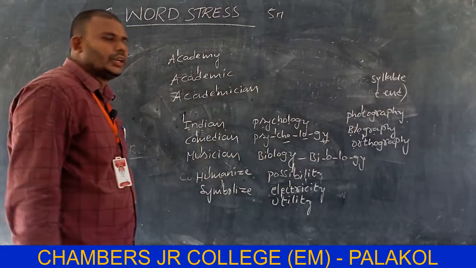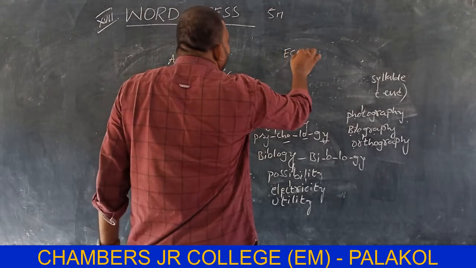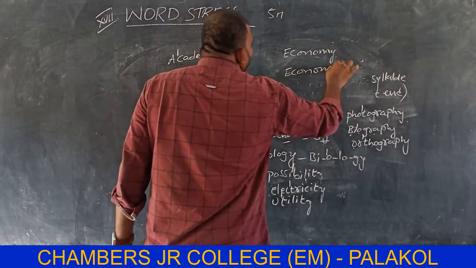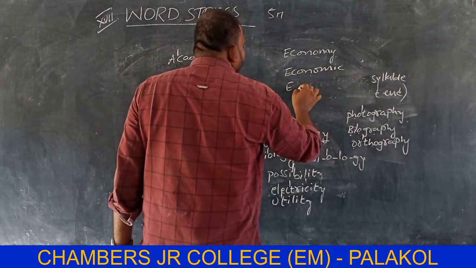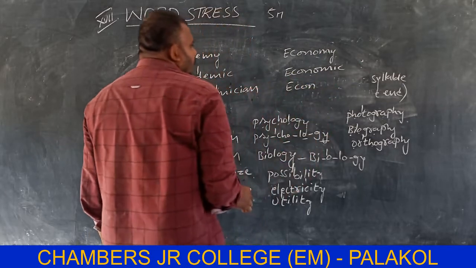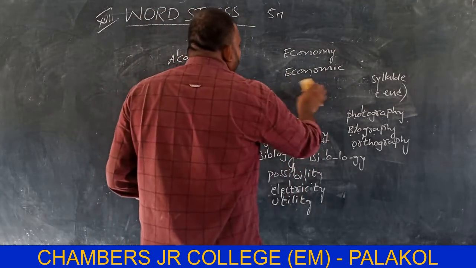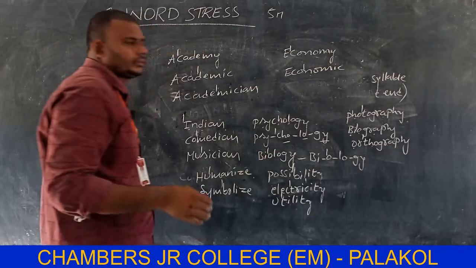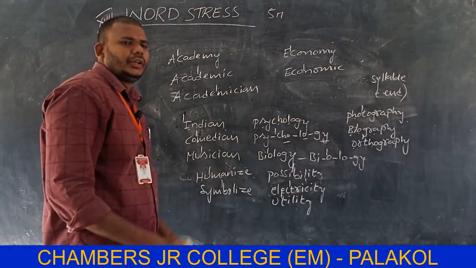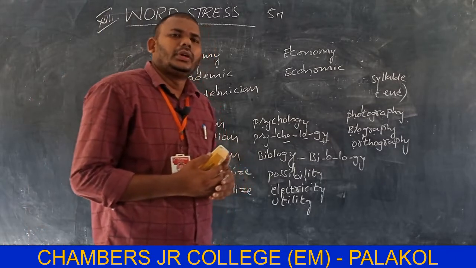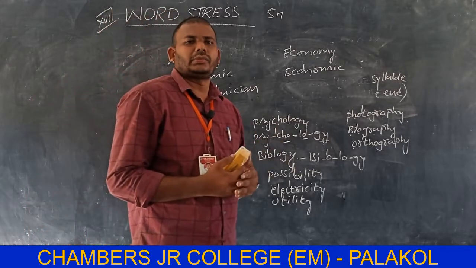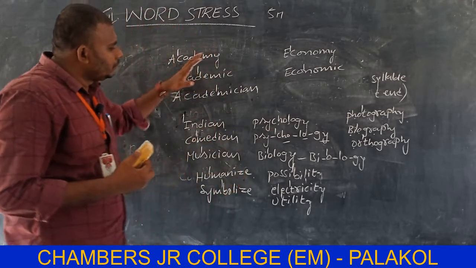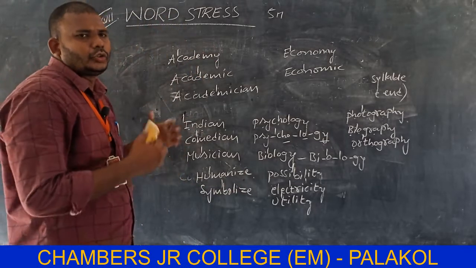Academician. So there is another beautiful example. See it? Economy, economic, economical. See this one, economy, C, economic, N. So this is the way we can identify. Here, what we should learn is that prefixes and suffixes influence the stress mark. It changes the stress mark. So these are the words we need to remember